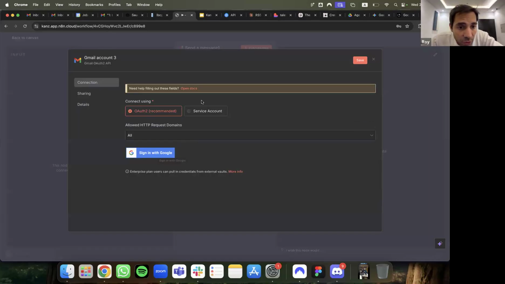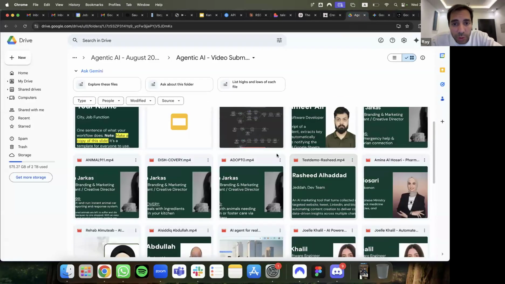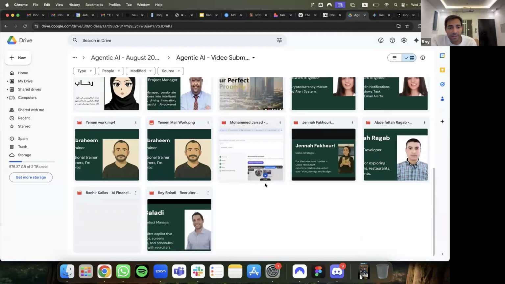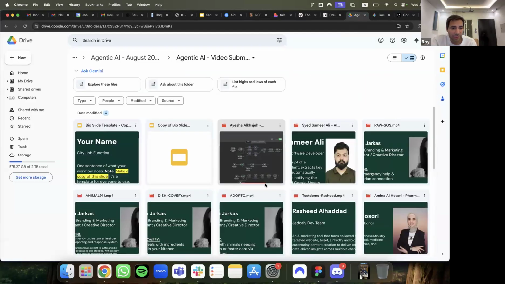So everybody, while you're signing into Google, please send me a message to say, hey, yes, I'm signed into Google. And while you do this, I'm going to just motivate you all by saying these are some of the workflows that were created by prior students from across the Middle East. I'm seeing everyone building their own thing, and it's just amazing. Keep at it. I want to see more yeses, please. Give us your email to debug it.